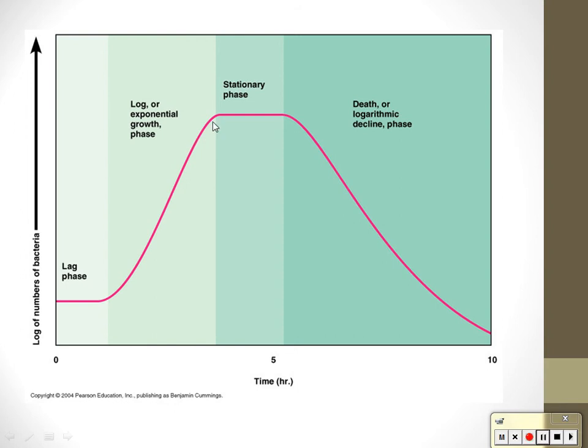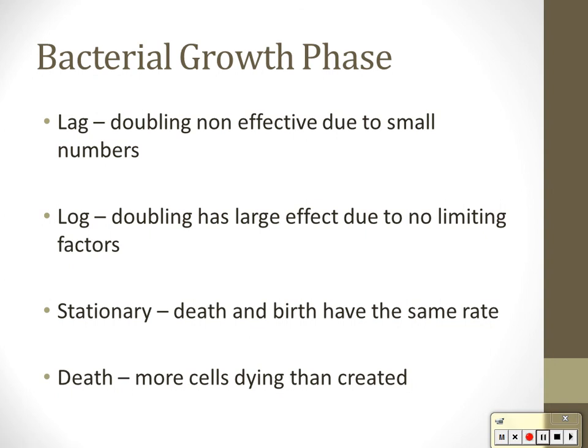And this happens when there is plenty of food and plenty of room. Sooner than later, the bacteria die at the same rate that they're being made. Probably you run out of food. Okay? So you get this stationary phase, a nice flat line. And if the bacteria start to die faster than they're being made, boom, you get this death phase. All right, so there's a quick table or breakdown of the bacterial growth phases. I keep losing the mouse.